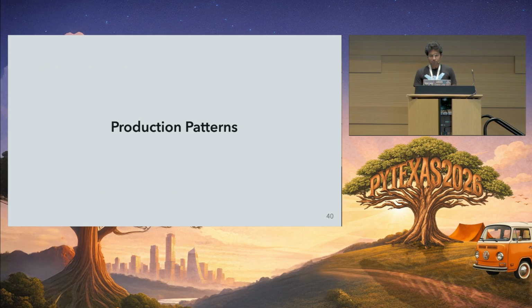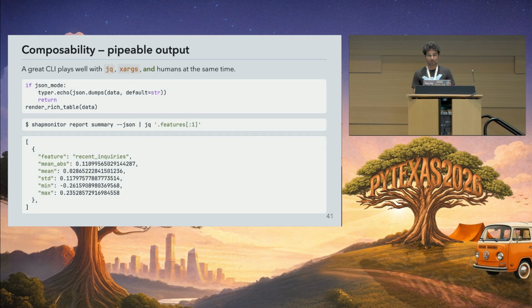Now let's look at some production patterns. I think this is really important, because it makes your CLI stand out from a toy tool as something that can be used in production by many, many users. The first one is composability. A great CLI always has mechanisms to pipe out JSON output, and that is very good for agents these days.